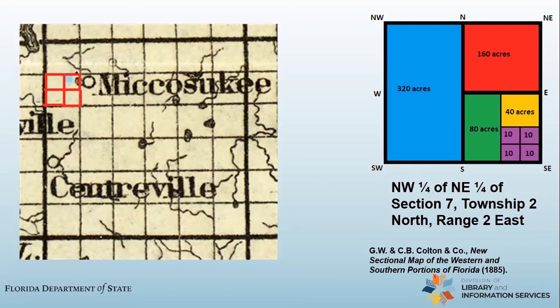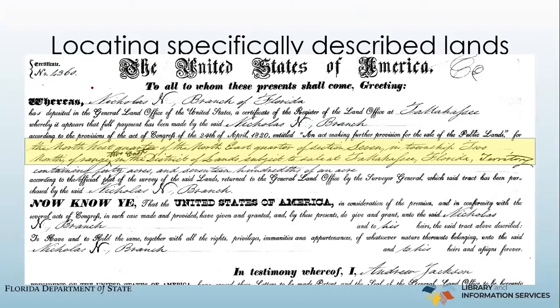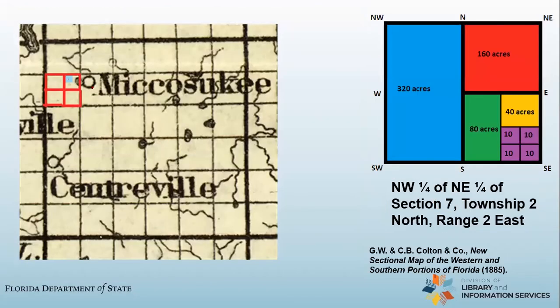So if I look in the northeastern quarter, right here, the last part that I need to decode is, he bought the entire northwest quarter of that. So I've marked in blue right here, the northwest quarter of the northeast quarter of Section 7. So this is that guy's piece of land. I can't remember what his name is. What was his name? Nicholas Branch. So that was Nicholas Branch's piece of land. He was the first guy after the United States acquisition of Florida to own that exact piece of land.